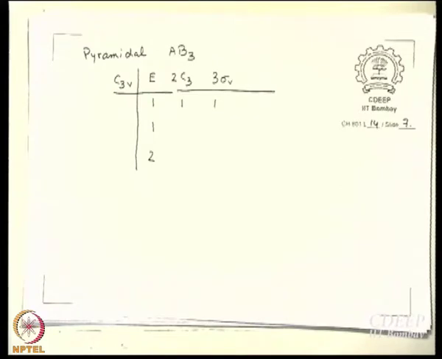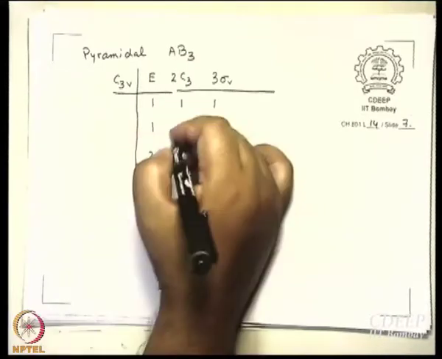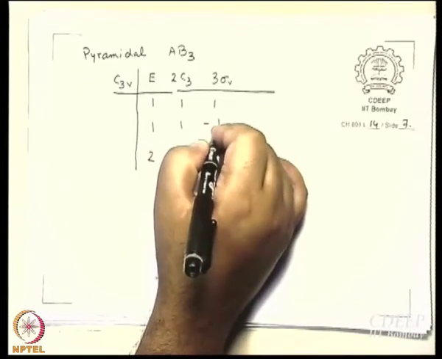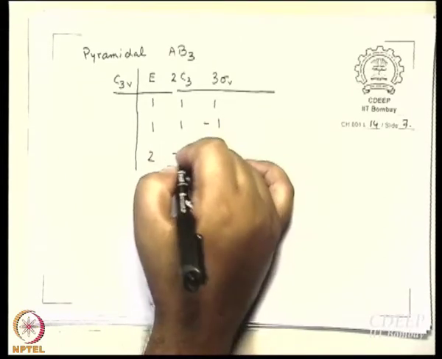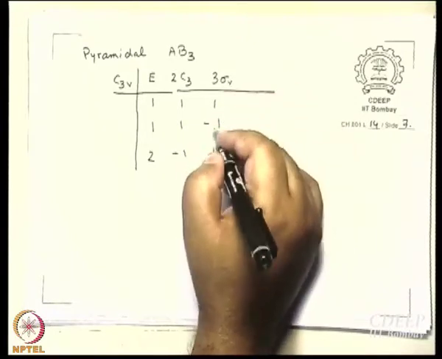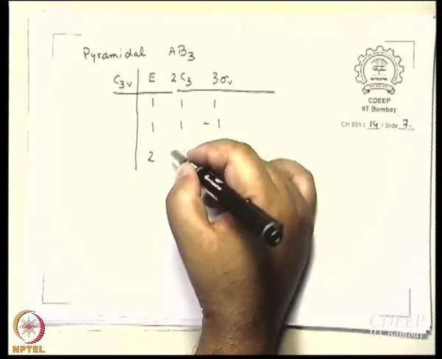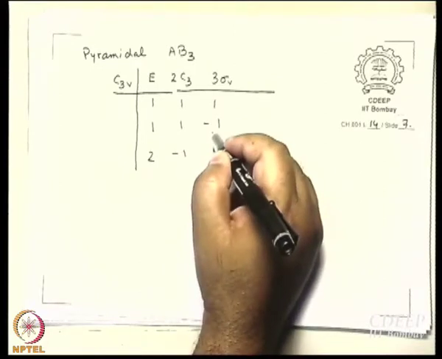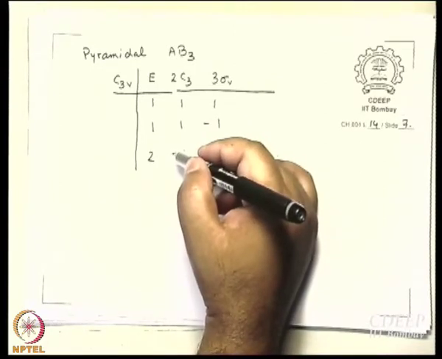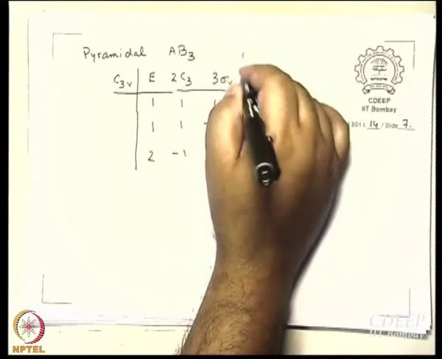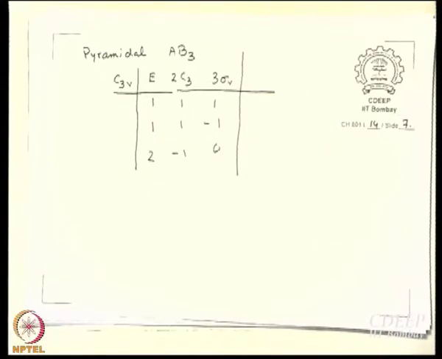Now, fill it in. What do I have? We had worked this out, didn't we? 1, minus 1, and 2, minus 1, 0. And you know very well that this minus 1 is not equivalent to this minus 1. This minus 1 means a change in sign. This minus 1 is minus half plus minus half. They are mixing. Now, where does x belong, where does y belong, where does z belong?